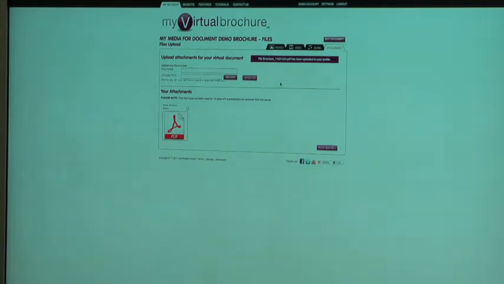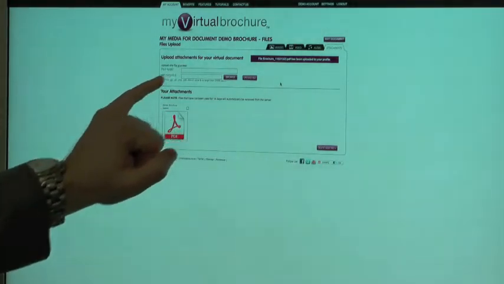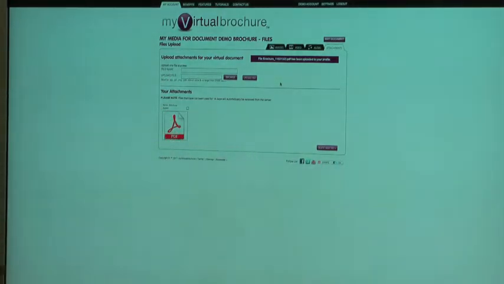You can also upload multiple documents. So if you have various offers, various deals, they can all be uploaded. Just make sure you name them when you do, so that when someone clicks on them in your brochure, they can see what it is. If we now click back to edit the document, a couple of final things really to show you, which I'm not going to really apply to this document,